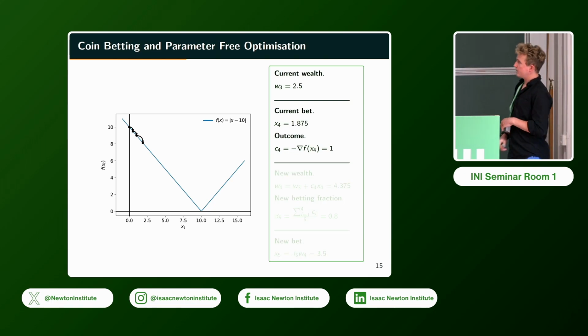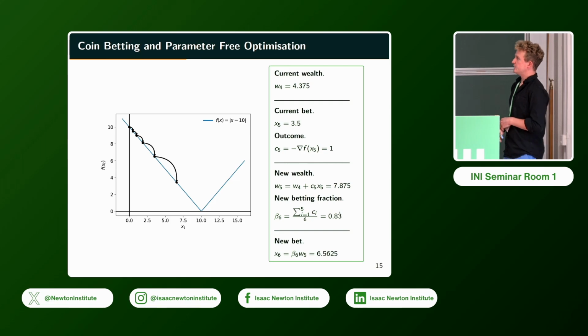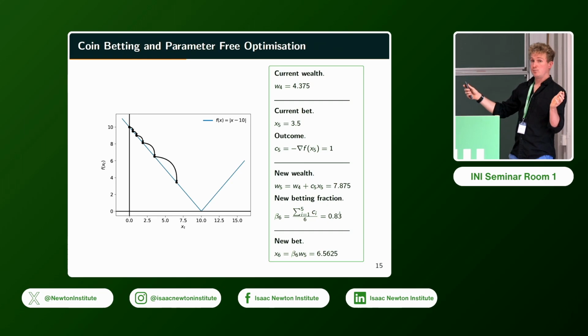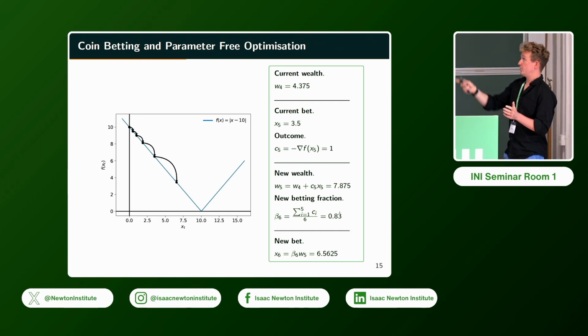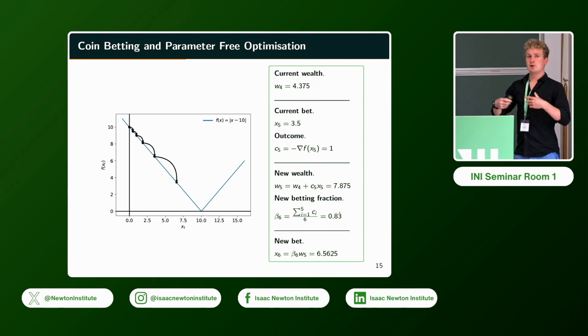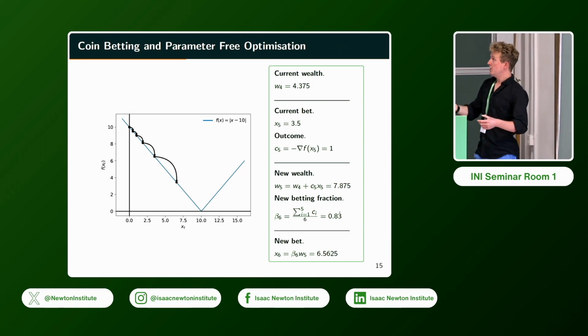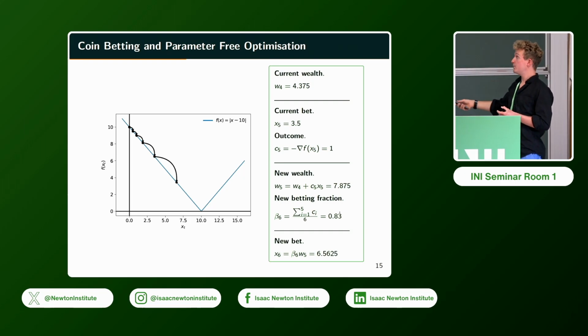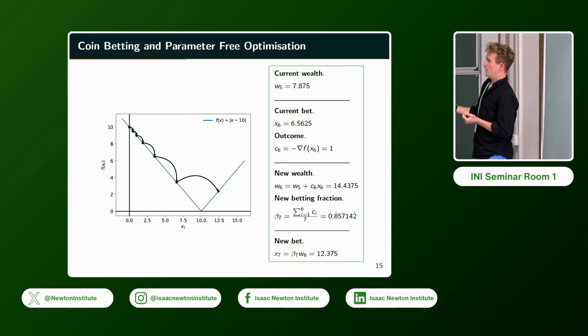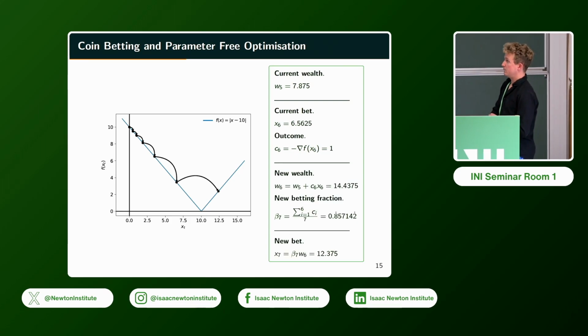So we carry on playing this game, and let's see what happens. If we keep going, of course, for the first few steps of this algorithm, we're seeing the same observation. The gradient is always -1, so the outcomes are always 1. That means we're getting more and more confident in what we're betting, so our betting fraction is going up and up, as well as our wealth. Of course, at a certain point, we're going to jump over to the other side of the minimum.